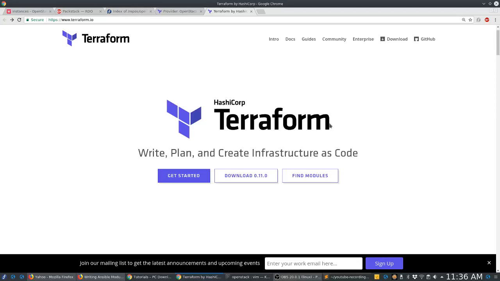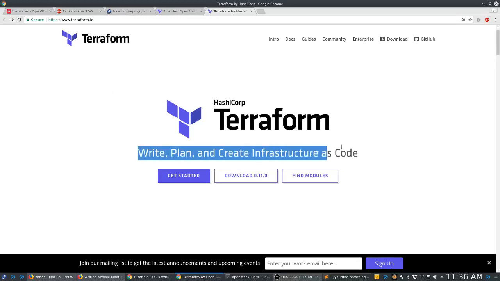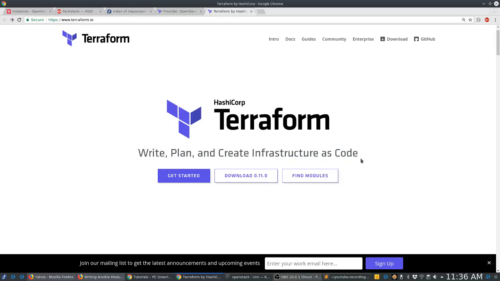So this is the web page of Terraform. Terraform is from HashiCorp, and it's a way for you to create your infrastructure as code. So what does that mean? That means you can write your infrastructure in a file as a text file, and you can use it to